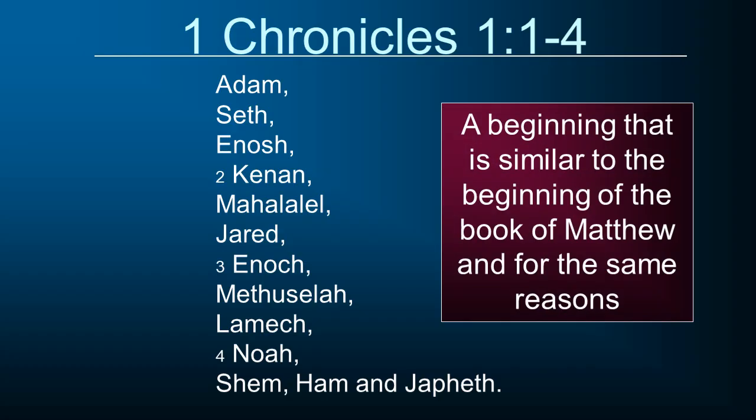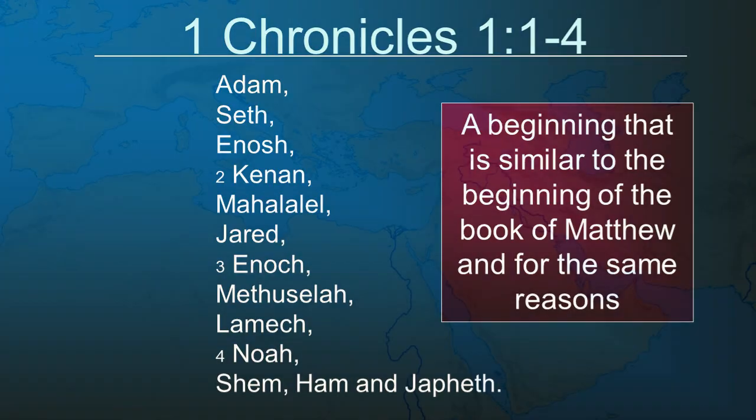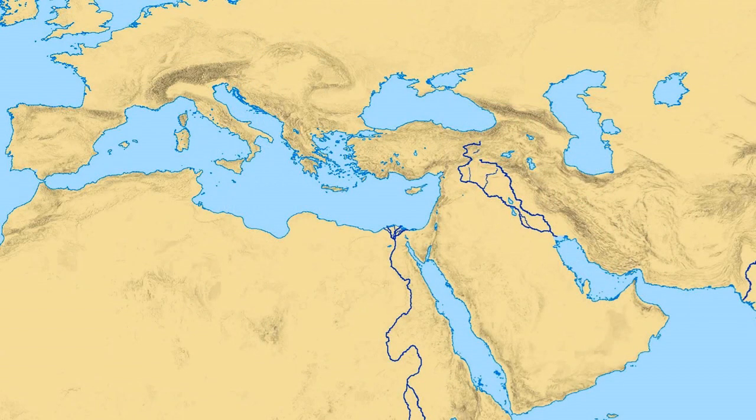It's a beginning that's very similar to the beginning of the book of Matthew. Matthew chapter 1, verse 1, the genealogies of Jesus Christ, the son of Abraham, the son of David. Now, we haven't gotten to Abraham yet, but that's all given for the same reason, is to link not just Jesus, but the people of Israel back to their roots, back to their beginnings. And you say, well, that's the beginning of everyone. Yes, it is. But the focus isn't on everyone. The focus will quickly turn to the people of Israel. And so we're taken back on that journey.